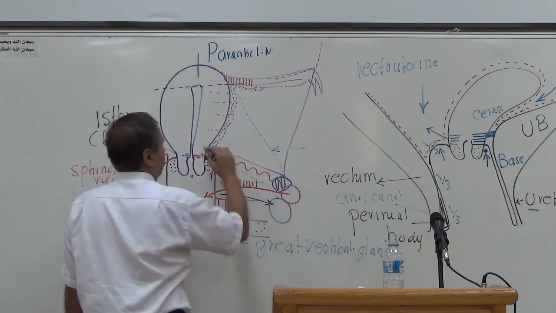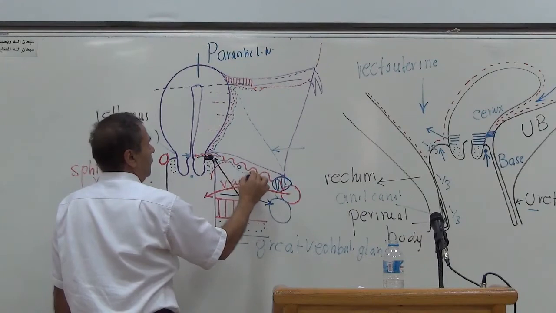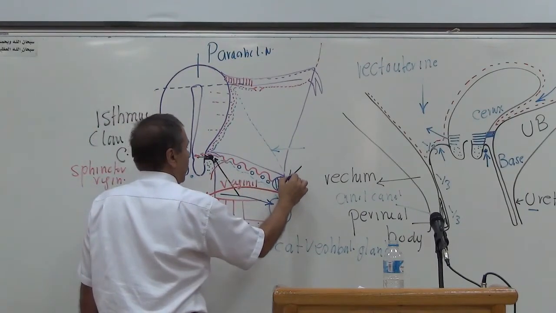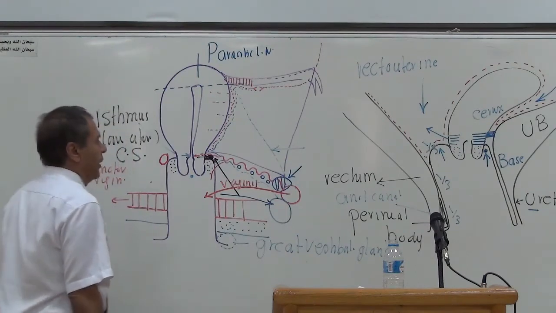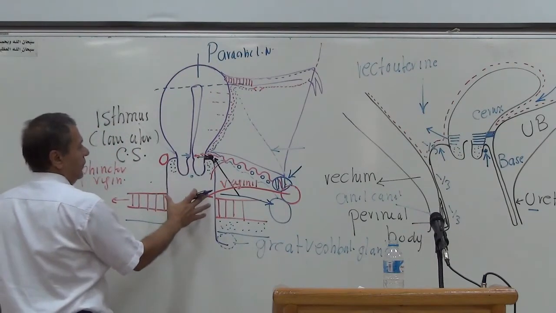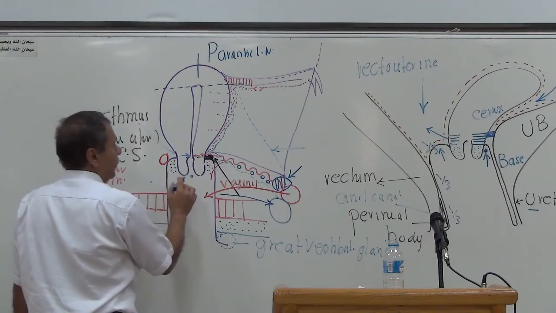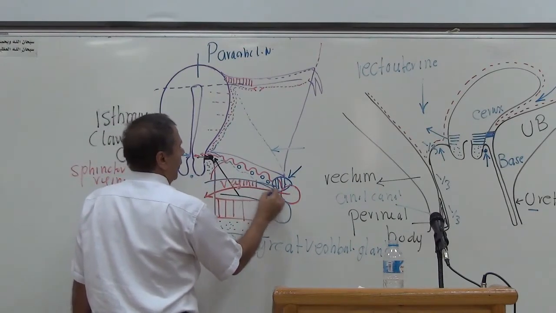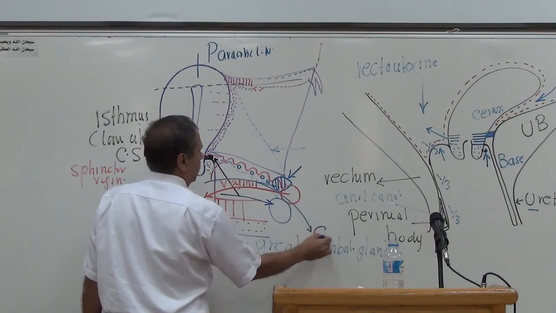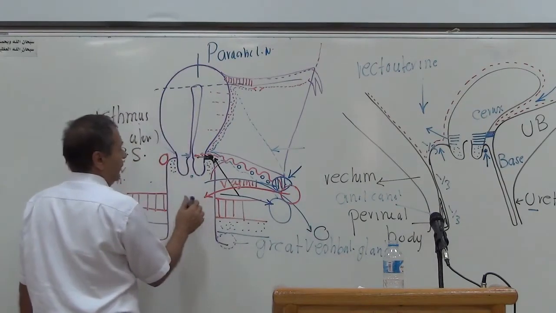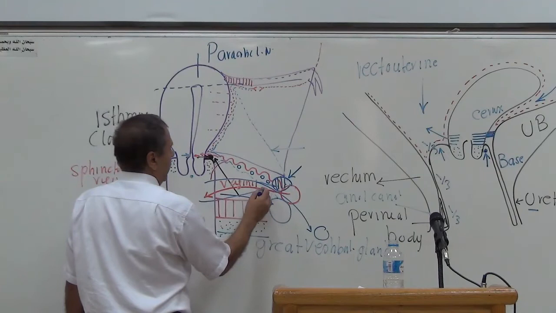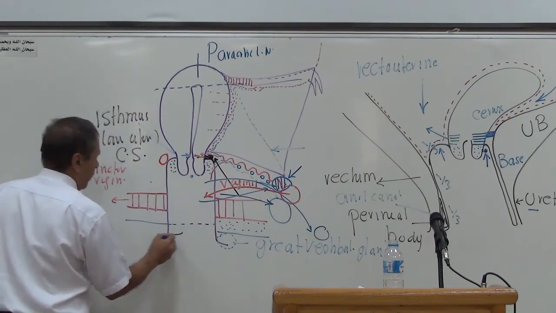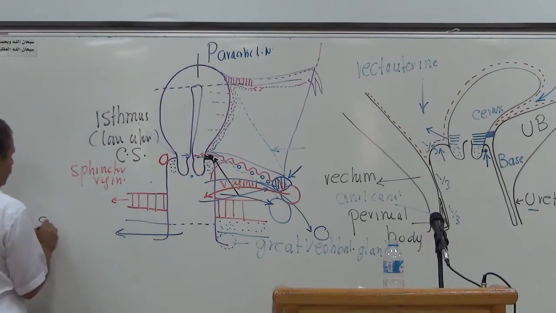The cervix passes with the uterine artery to the internal iliac lymph nodes. Concerning the vagina, the upper third goes to the internal iliac or the external iliac lymph nodes. The middle third goes to the internal iliac lymph nodes. But the lower third of the vagina goes to the superficial